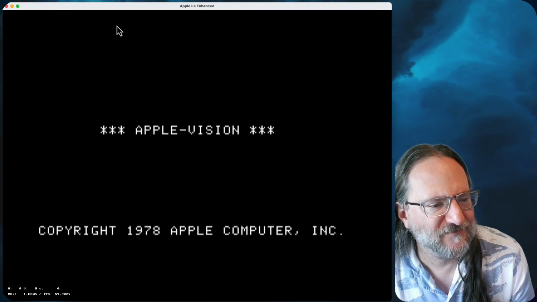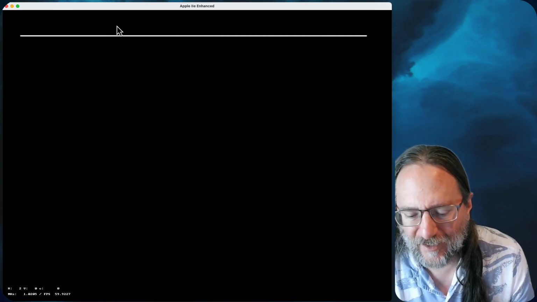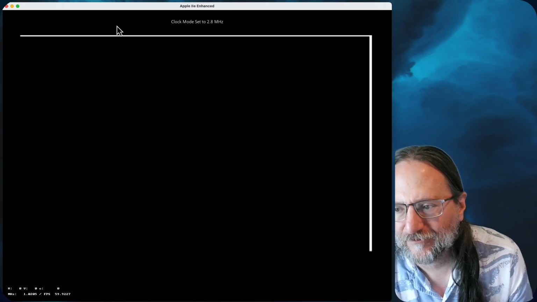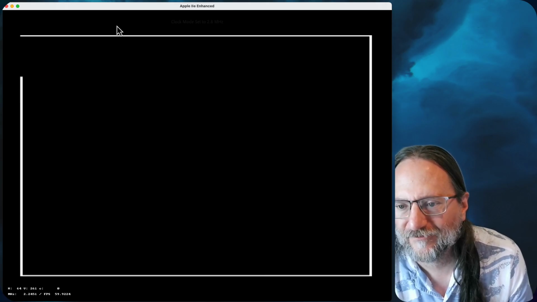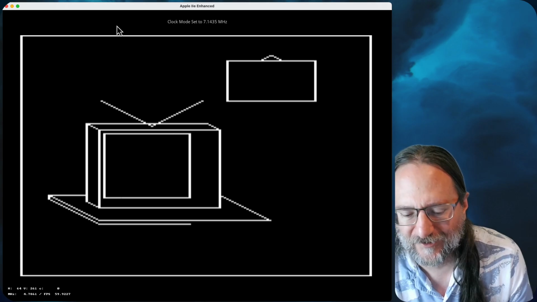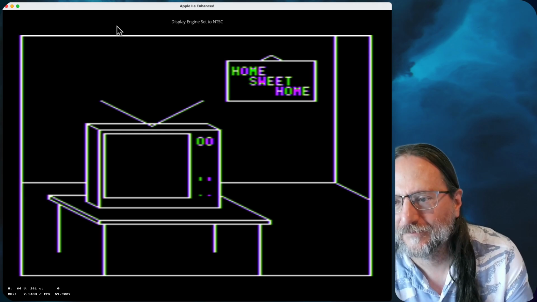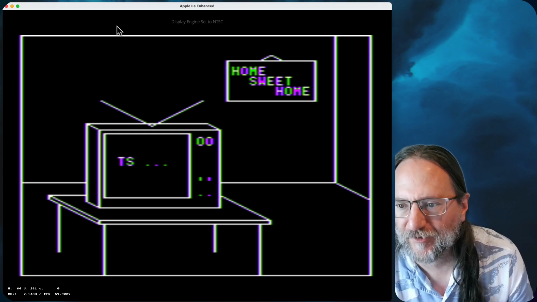It's loading up. It's going to draw this. Now I'm going to go ahead and speed it up to 2.8 megahertz and to 7 megahertz. And you can see the drawing got real fast. Oops. Let's turn color mode back on.